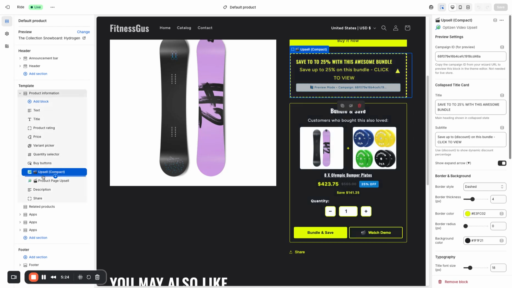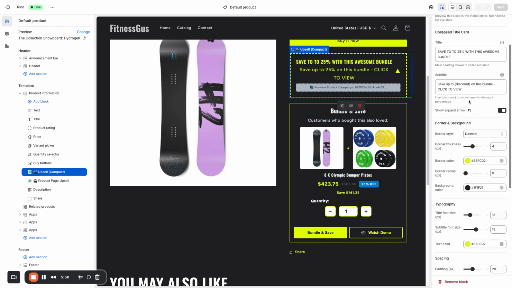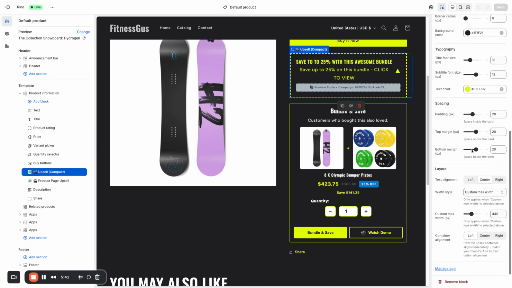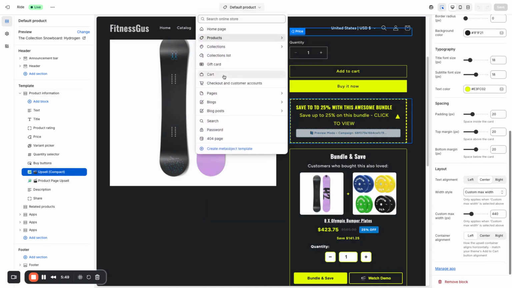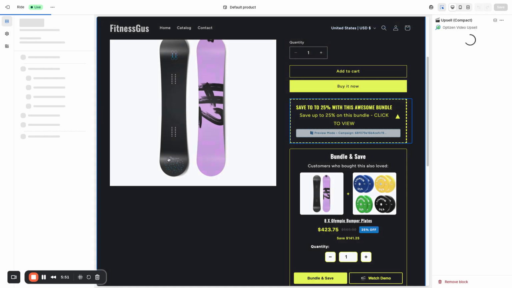You do need to be aware, again, it's in our docs and our tutorial videos, that the upsell block needs to be first, and then the product page upsell block needs to be second if you are going to have that compact block in, so things work in the right order. Then over here you have the editing settings for colors and styling for your block, so it actually matches your theme. And then the last thing you also need to do is on the cart page,